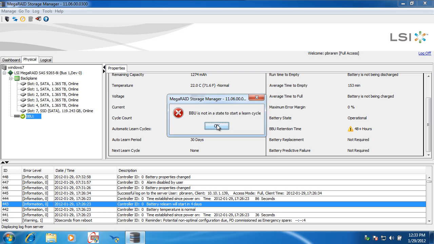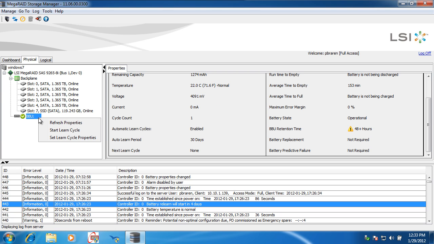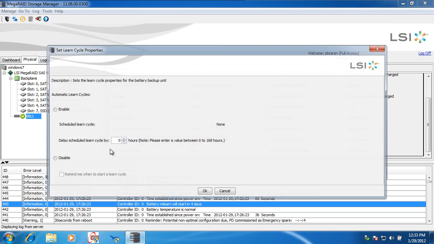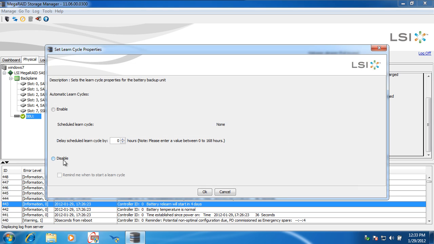All right, so you put all this together, and I'm thinking that disabling the learn cycle entirely might be the way for me to go in a home where I really don't want that battery beeping. I think the battery is likely to last 2 or 3 years, and I can monitor it through ESXi to see if the battery goes offline and shows low voltage, and worry about it then. Do I need to learn how many minutes it has accurately on a frequent basis? Probably not in a lab, especially if it means I might have beeping. I suppose if it has some way to remind me or alert me when it's time to start a learn cycle,